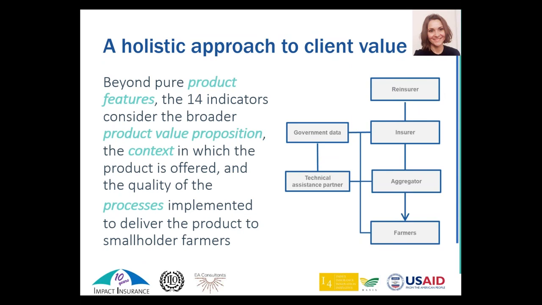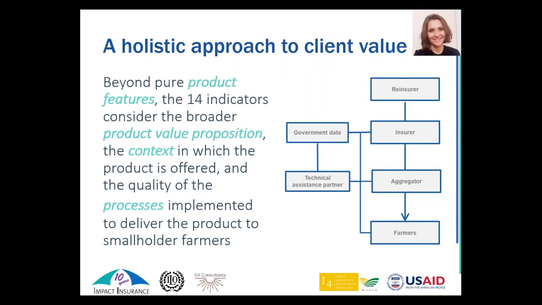And so indicator 6 also shows that there is an emphasis not only on what is offered, but also how the product is offered to clients. And I think that's also a very interesting aspect of this tool, because often what erodes client value is not just the product itself, but it's the way the product is offered.